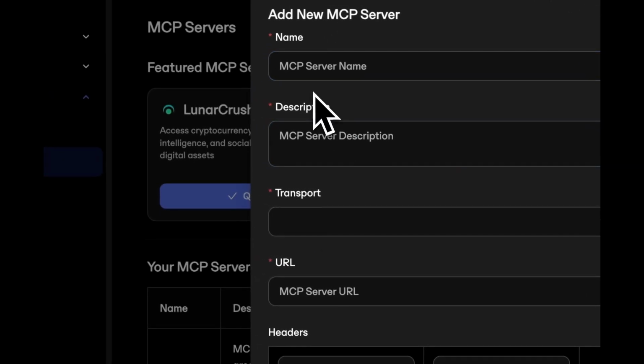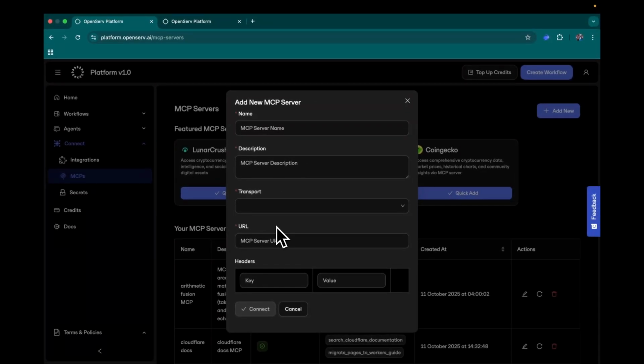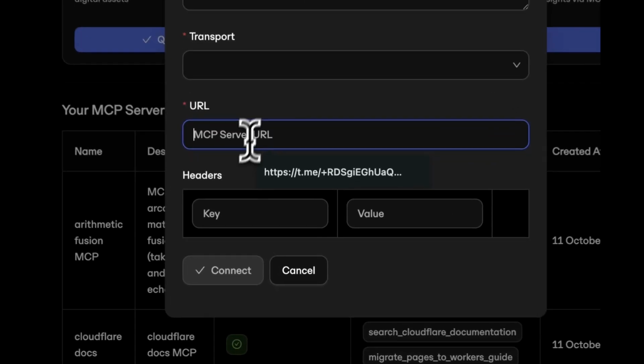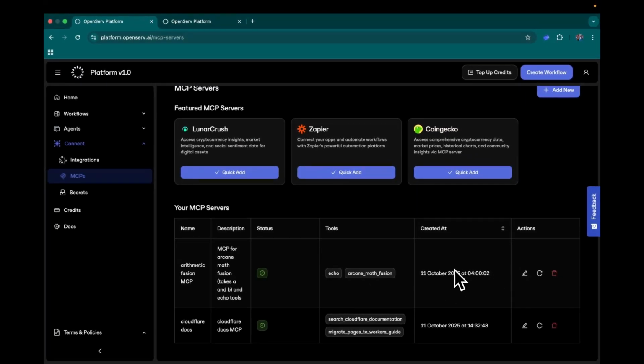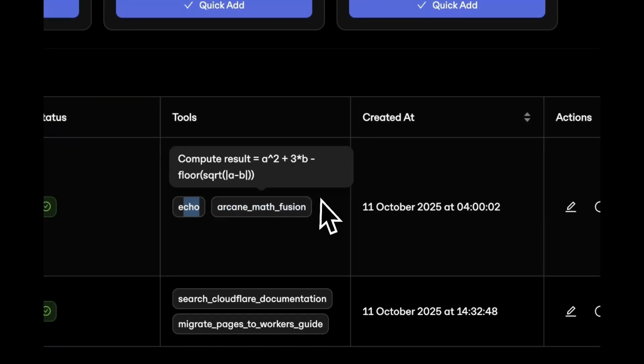So you can give a name and description and drop in the MCP server URL as long as it follows the MCP standards. You can just drop it in here, and then if there are any headers, you can add them and click on connect, and that should add it over here as an MCP. You can build specialized MCPs for your specific use cases and connect it to the platform so that all the agents part of the workspace have access to this MCP server